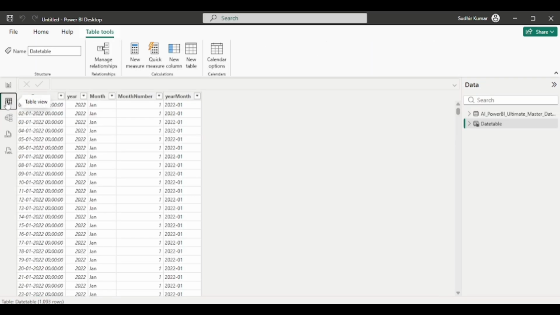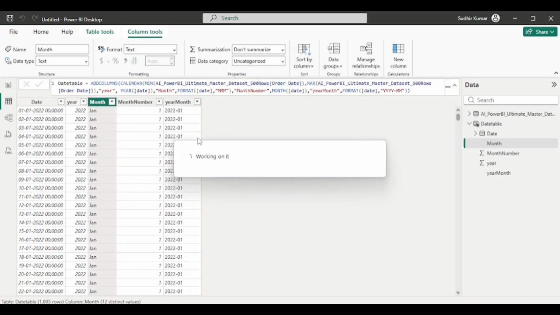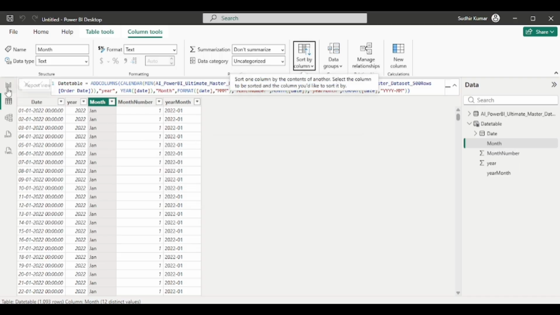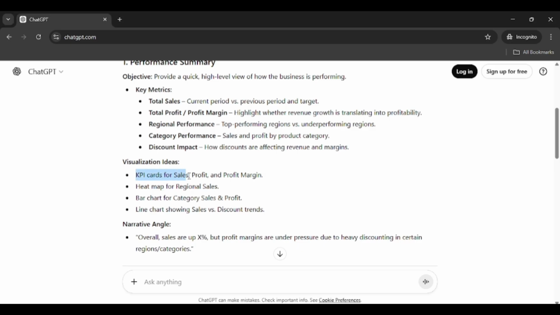Now come to table view. This is the month, so we have to click on this and sort by month number. Okay, done. Now let's come here. To create the dashboard, as I mentioned, ChatGPT has suggested to use KPI cards for sales, profit and profit margin, right? So what we will have to do,